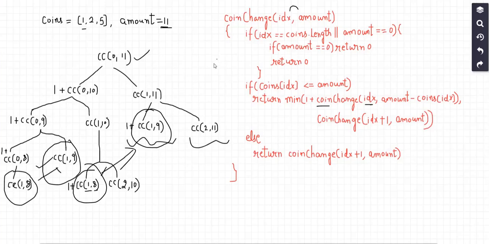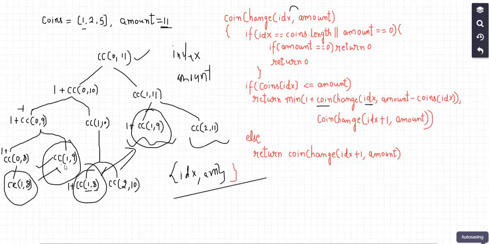Okay, so how can I do that? Observe that here at each level there are two things which are changing. The first is the index variable, and another is the amount. So I don't want this pair, let's call it idx and am, this is the pair, I don't want this pair to repeat. Okay, so once 19 has been computed, I do not want to call this again, so that's why I would